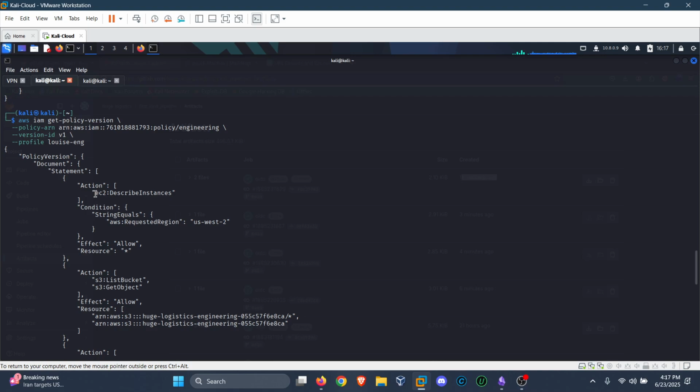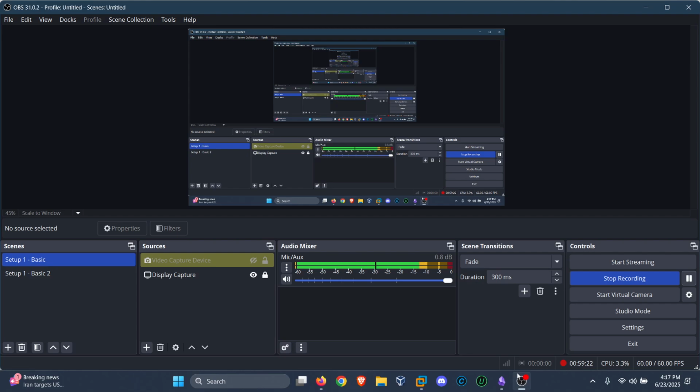So we're going to try this EC2 describe instance on US West 2. Yeah, that is pretty much it, because we do have the PEM file and we can try against this. All we need is the IP for this, and we can try with our default username, just as Luis, the one that is given. So let me take a look at how long this video is, and it is about to be more than 1 hour long. But yeah,